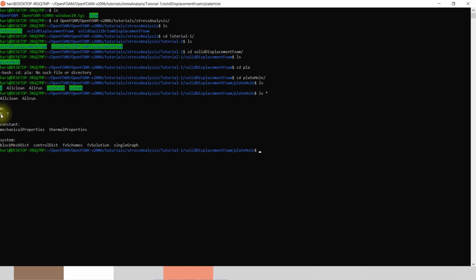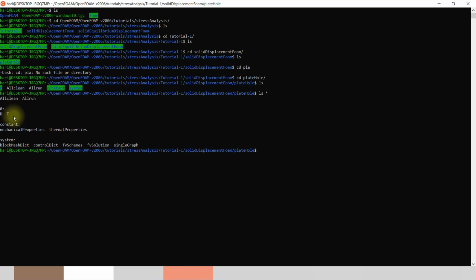So D contains our displacement related boundary conditions, displacement, forces, pressure, and all this. And T, as mentioned, is the thermal related boundary condition, like we have applied a 300 Kelvin temperature on the whole body.